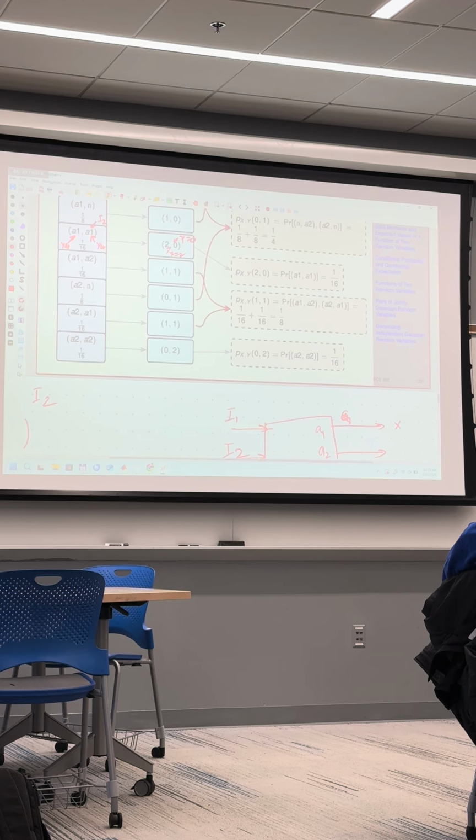Same thing for A2, which means that packet arrived in input port 1, went to output port number 2. Packet arrived in input port number 2, went to output port number 2. So both of these packets went to output port number 2. So that's why here the probability, just like what we did for this outcome, is 1/16, joint probability is 1/16, but